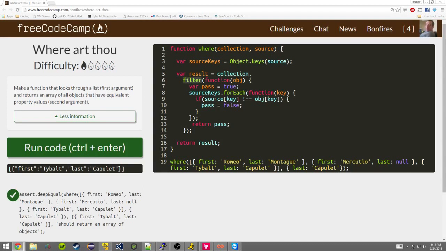What filter does is it'll iterate through every element in whatever you pass to it and, if it's true, it'll return that into whatever variable you have it assigned. So this collection will go through and start here, and we're using a flag here. Now we're going to get past this, and it goes into our source keys. It says, hey, does last, the key, equal